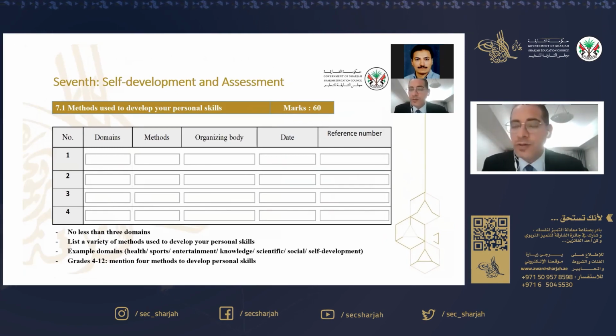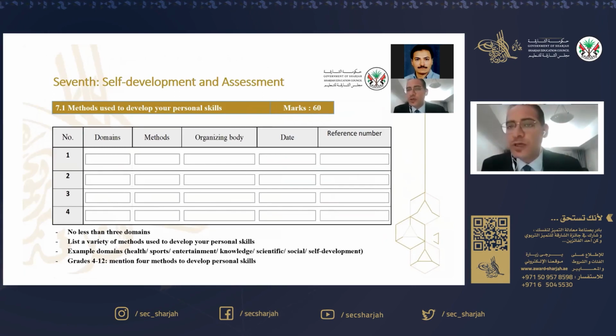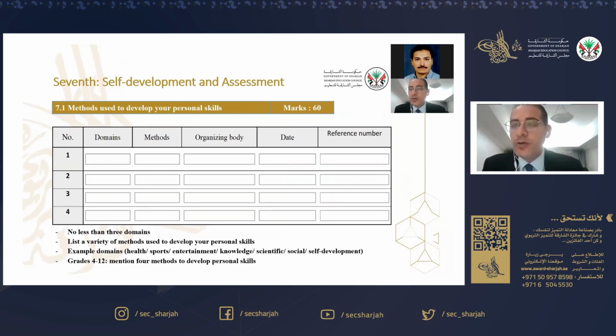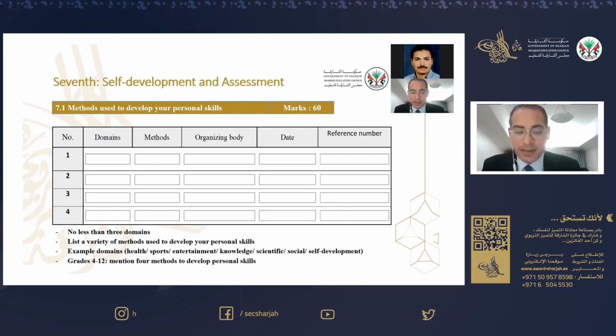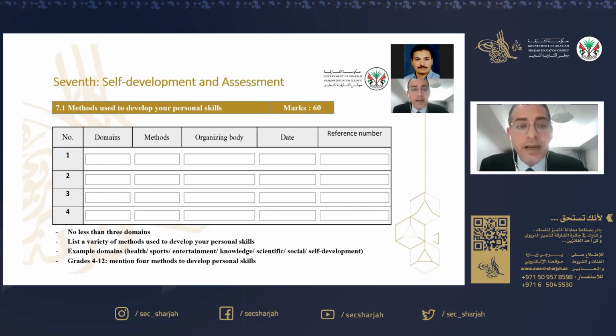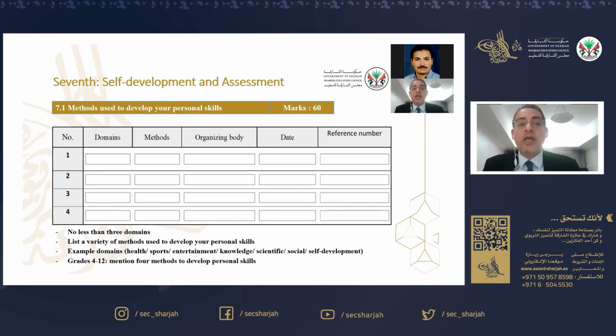What do you do? What methods do you use to assess your performance? How do you know that you are on the right track or the right path? So we need all nominees of all grades to list 4 personal skills and abilities and explain the methods they apply to develop them. Now, what personal skills do you have?